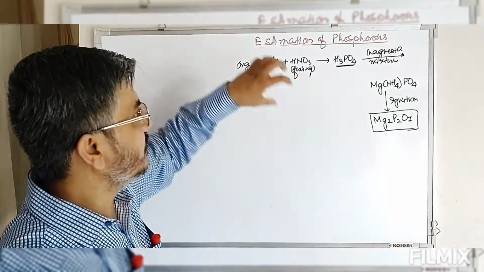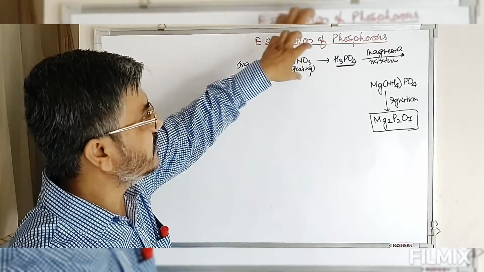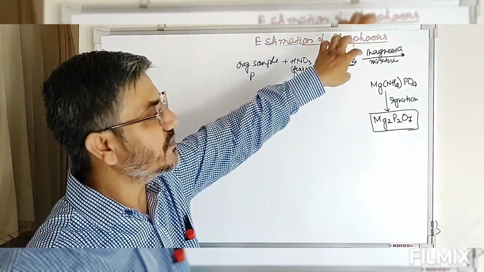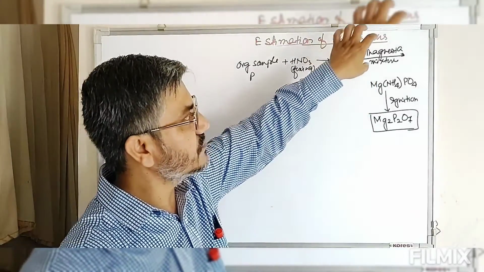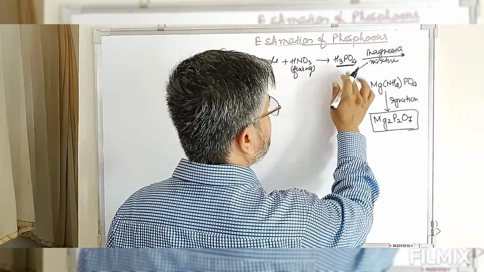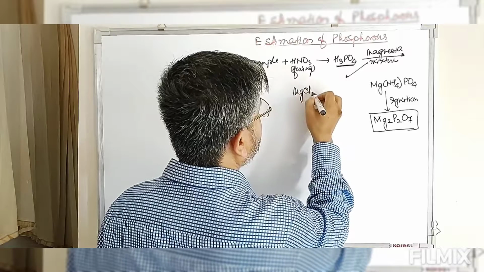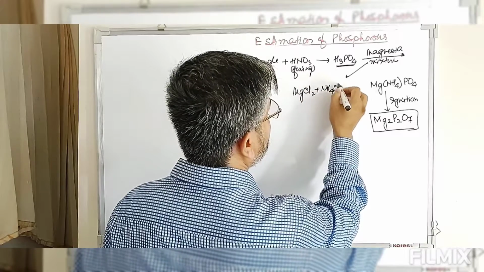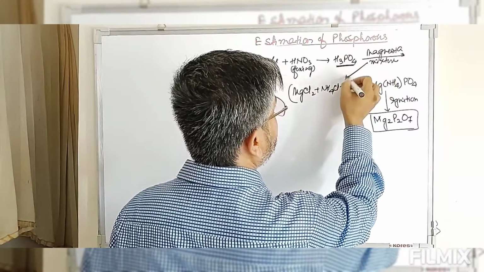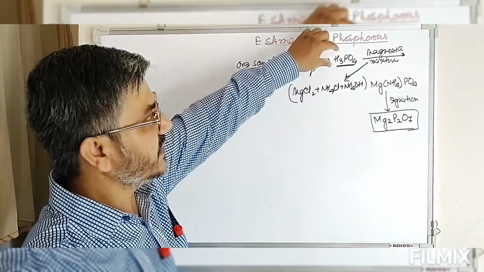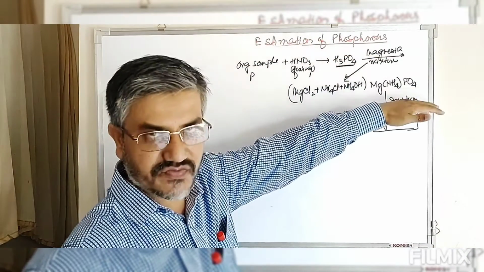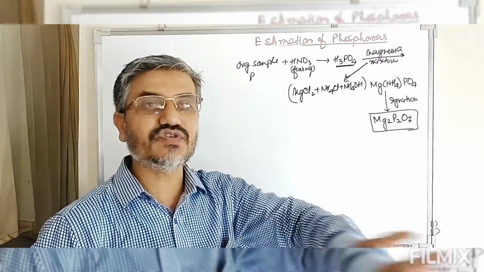So now look at this. First we heat the compound with fuming nitric acid, when phosphorus is oxidized to phosphate, or phosphoric acid. Now the sample containing phosphoric acid is heated with magnesia mixture. This magnesia mixture is a mixture containing magnesium chloride, ammonium chloride and ammonium hydroxide. This phosphoric acid is treated with this magnesia mixture, which gives you magnesium ammonium phosphate, a solid, but its mass keeps on varying.